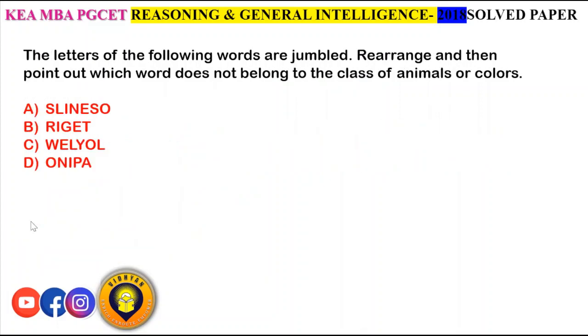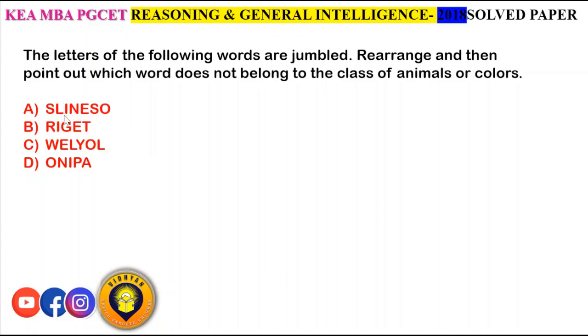The letters of the following words are jumbled. Rearrange and then point out which word does not belong to the class of animals or colors. So jumbled letters are given, you have to rearrange them and form a word, and you have to say which word does not belong to the group. How to differentiate it from the group? If it belongs to the group, it should be a class of animals or colors. Now if you see the first one,